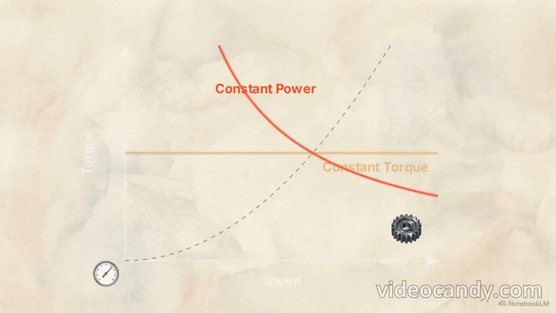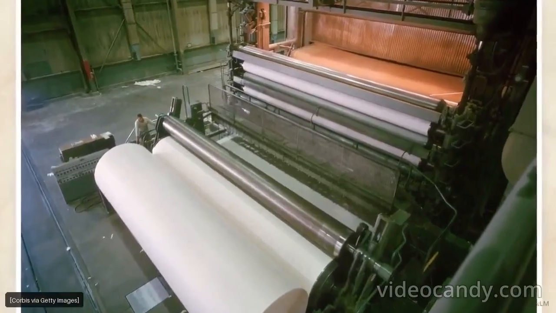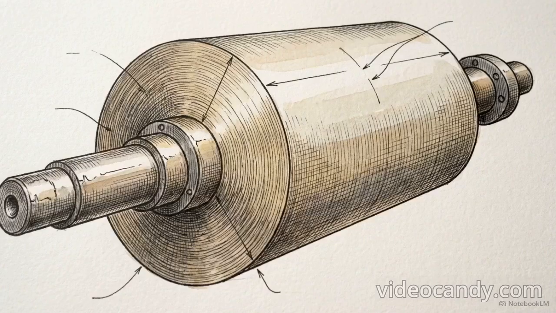Now look at the asymptotic curve. This is a constant power load. Here, the mechanical work stays the same. Torque and speed are inversely proportional. If the machine speeds up, torque must drop. A classic example is a paper mill winder. As the roll winds, its diameter increases. To keep tension on the fragile paper perfectly uniform, the motor slows down as the roll gets larger, maintaining the